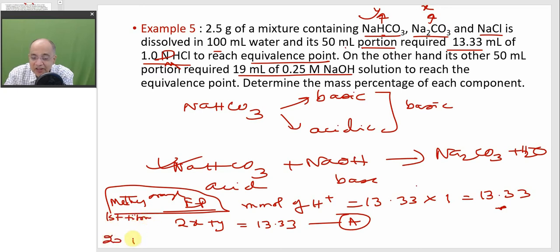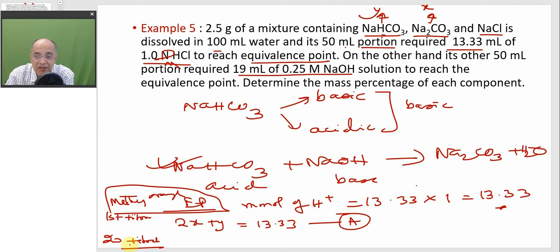This is the second titration. Can you tell me which indicator must have been used? When it is sodium bicarbonate, it will become sodium carbonate. So there you have to take phenolphthalein, so that you can distinctly get the color change. The sodium bicarbonate solution will almost act like an acid for phenolphthalein. It will be colorless, and the moment the endpoint comes, it will become pink. So here phenolphthalein must have been used.